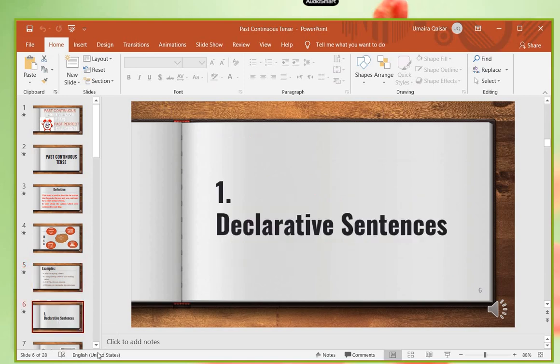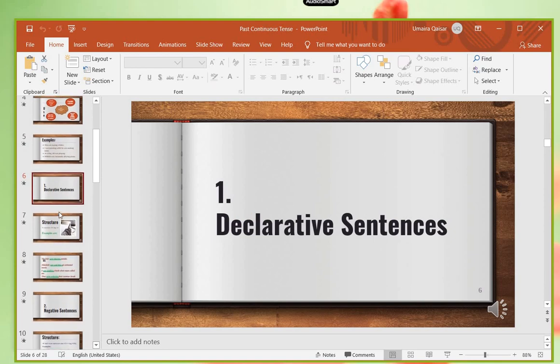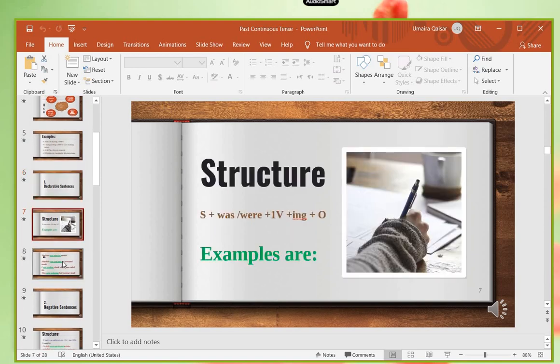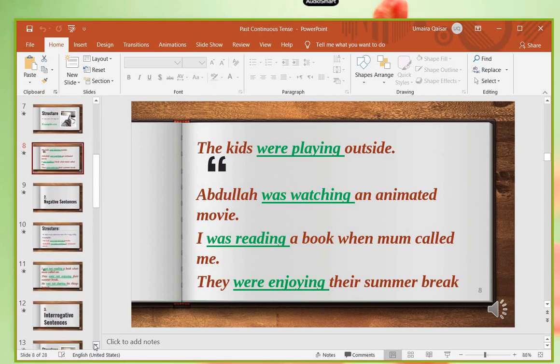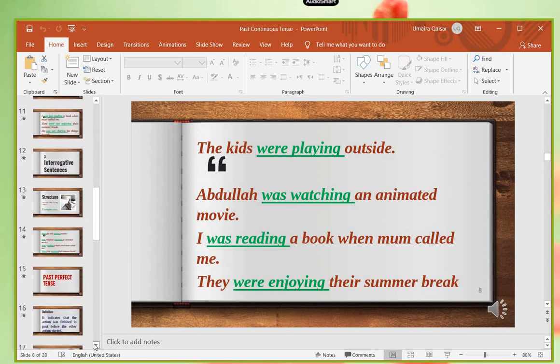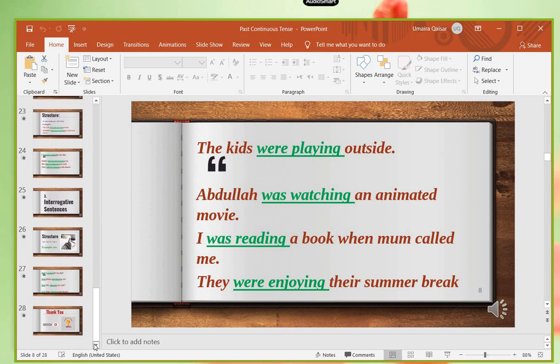Then you will tell the structure of the declarative sentences, and guide them with the help of examples, the negative sentences, interrogative sentences, then the past perfect tense, and lots of things are there in the slides. So it's up to you what you want to tell them.